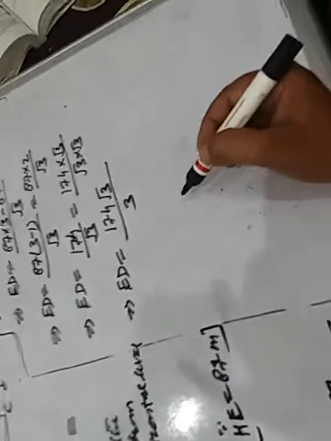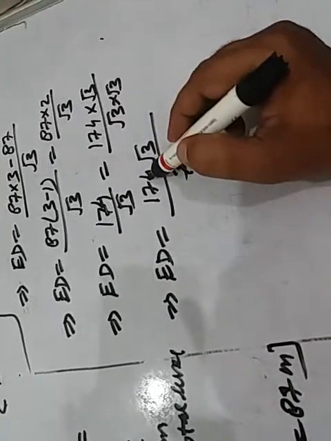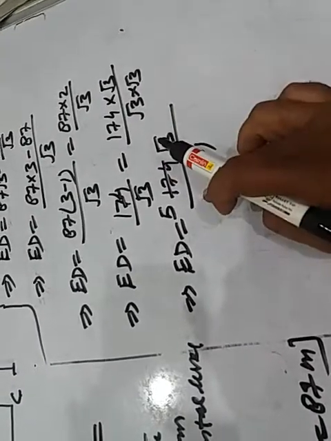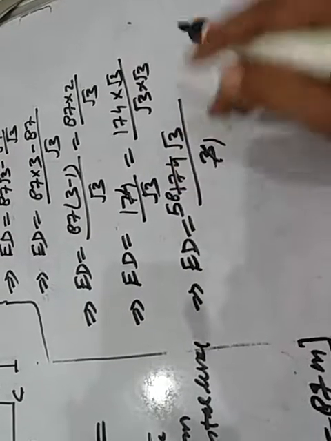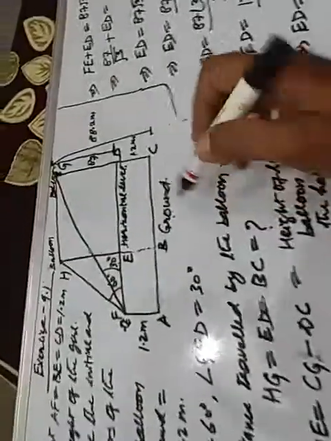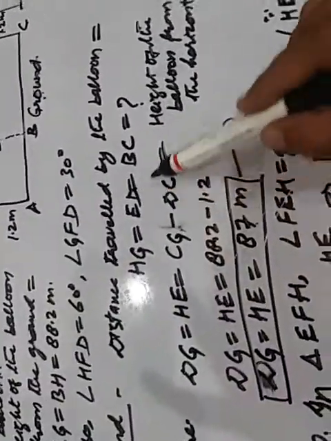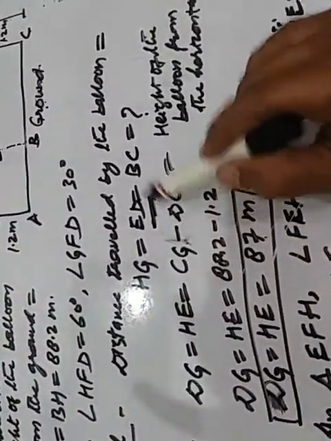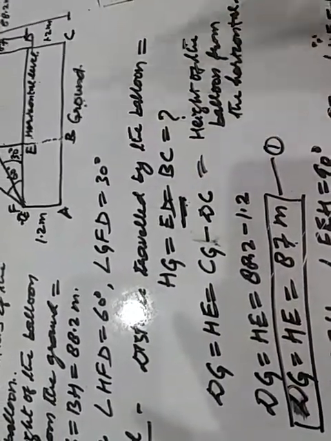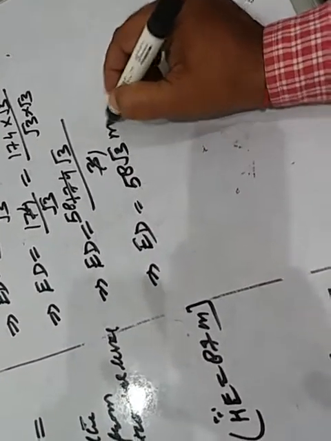Okay, children? Now see, let us cut it out. 3 1 is 3, and 3 5 is 15. Look at here. 2 is remainder, and 3 8 is 24. This implies that ED. What is ED? ED is the distance, children. ED is the distance that is traveled by the balloon from initial position to the final position. So ED equal to 58 root 3 meter.